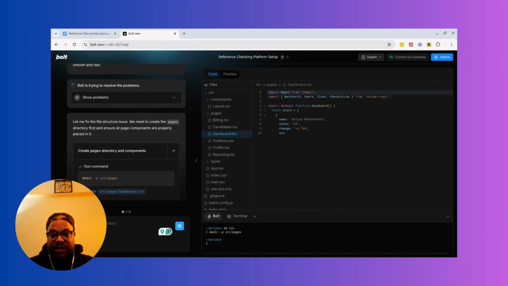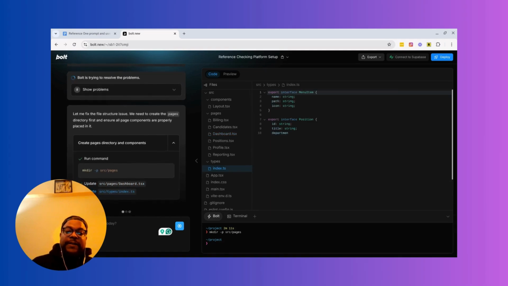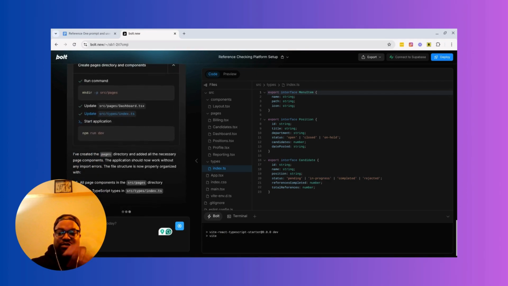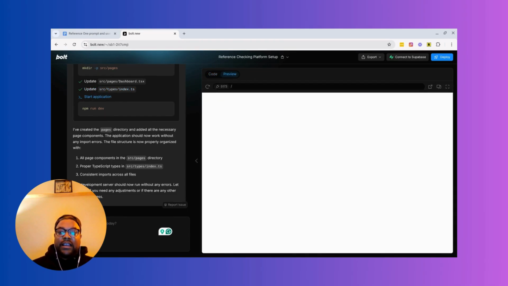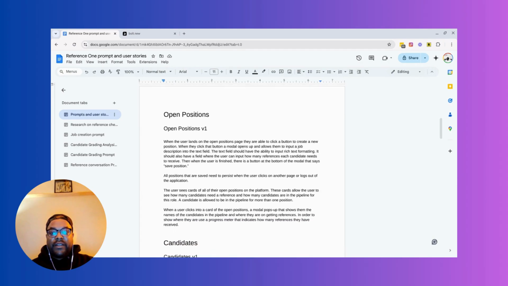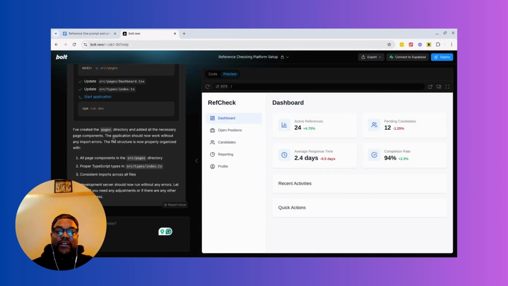A lot of times people will skip this part, and I do not skip this part, even if I know what I want it to do. The reason I want it to completely fix all the errors is because you don't know what error is affecting what. And when you're starting to put in this information from this prompt framework doc, you need to make sure that it's cleared out all of the errors it has right now. So right here, it's gotten all those errors out.